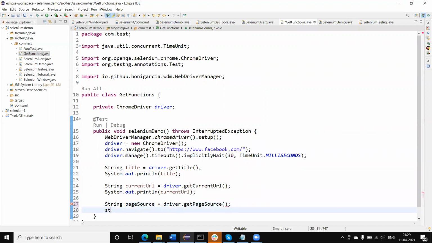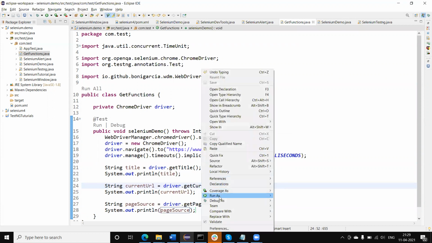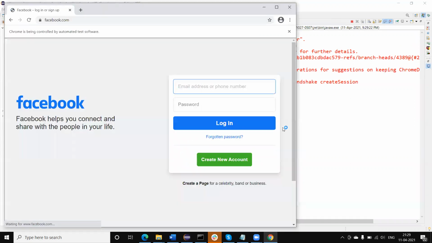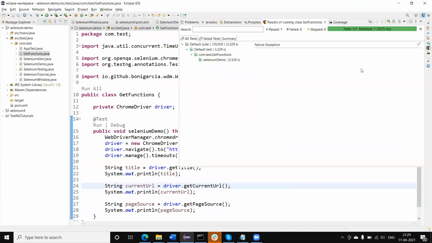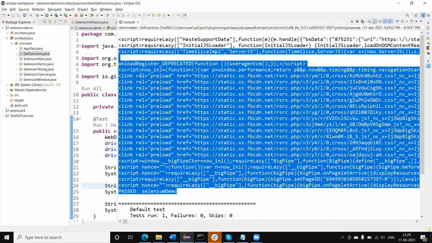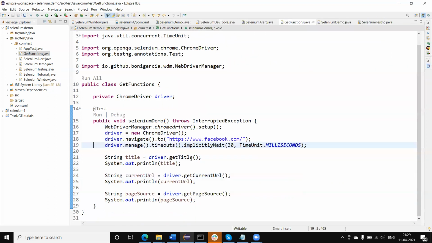This function will read and return the complete page source content. Yeah, you can see the complete source code I'm able to read, and this is printed on the page. So there are three functions here. Get title returns the current title of the application. Similarly, get current URL returns the current URL of the application. Get page source gets the complete source of the code.